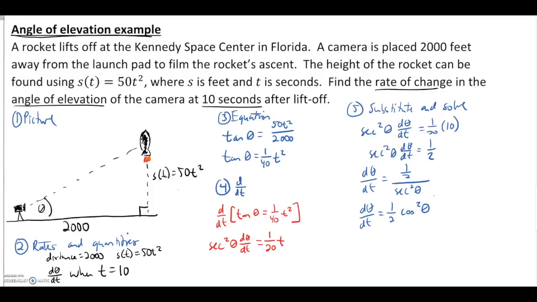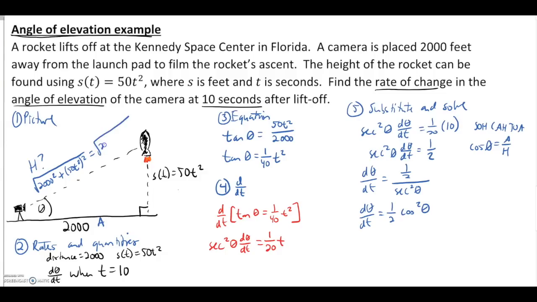The problem is we still don't know what theta is, and we definitely don't know what cosine of theta is. But if you think SOHCAHTOA, the cosine of theta would just be the adjacent over the hypotenuse. Well, here's the adjacent, 2,000. We just need the hypotenuse, which hopefully we could see would be the square root of 2,000 squared plus 50t squared squared. And going one step further, evaluating that at time 10, which we want,